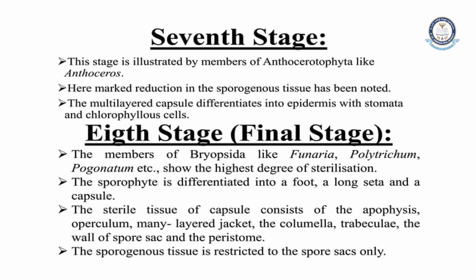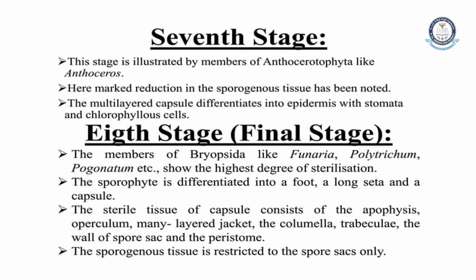Coming to the seventh stage of sporophyte. This stage is illustrated by members of Anthocerotopsida or Anthocerotophyta, the best example being Anthoceros. Here a marked reduction in the sporogenous tissue has been noted in Anthoceros. The multi-layered capsule wall is differentiated into the epidermis with stomata, and chlorophyllous cells are also present in this seventh stage of